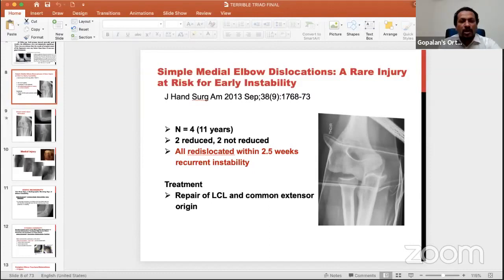And a quick takeaway message: I know you've gone through it in detail, but what are the scenarios where you are repairing the MCL? So a common scenario: if my radial head is intact, then I cannot address my capsule from a lateral approach. Then I'm addressing my capsule through a medial approach. So if I've already done the tissue dissection, then I do my capsule, MCL is looking at me, why not put an anchor and attach it? That is one scenario in my practice.